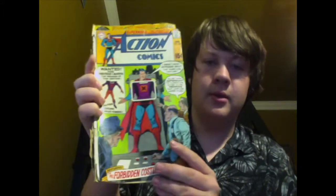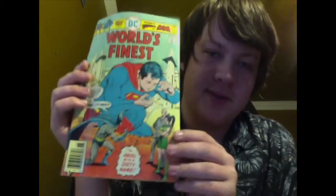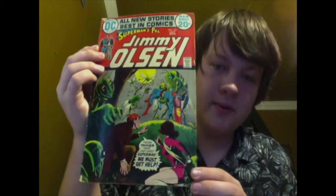Superman 39. No cover, unfortunately. Action Comics 400. No cover there. Here's Action Comics 384, and this is in pretty bad condition. And I found the cover to 400. Here's World's Finest 238, and just reading that part, it seems like this would be a very fun issue to read. Here's actually Jimmy Olsen 151. I thought this was really cool. Then we got